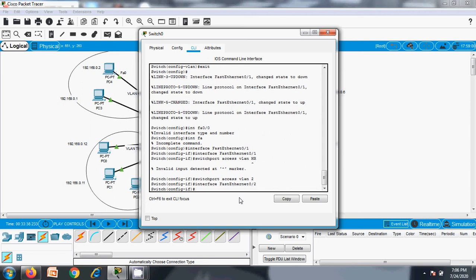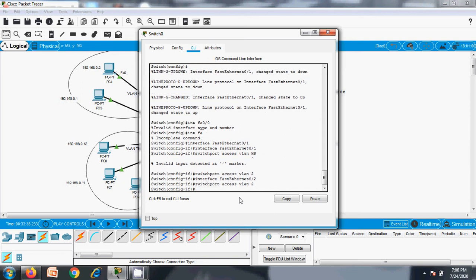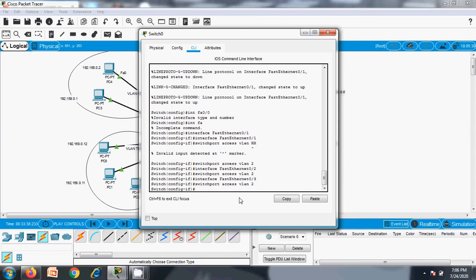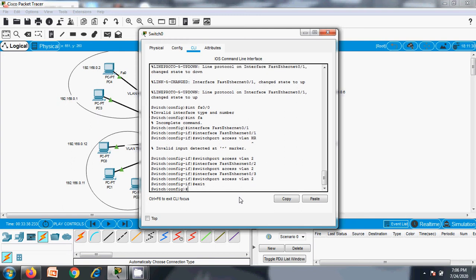Interface 2, switchport access VLAN, yes, and interface 3 needs to be switched to the same VLAN. So now 3 interfaces, fast Ethernet 1, fast Ethernet 2, fast Ethernet 3, are assigned to VLAN 2, right? Okay, now exit.